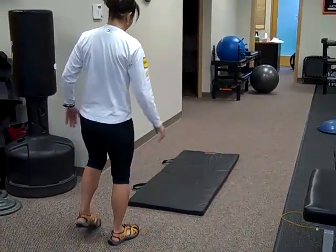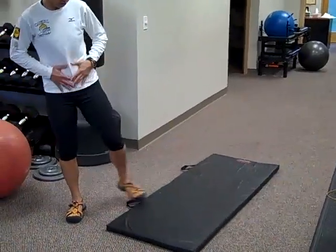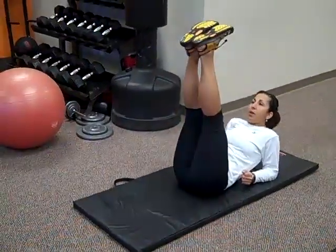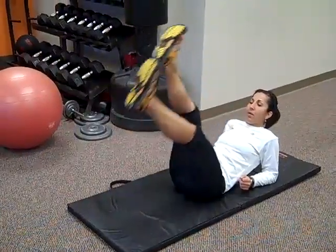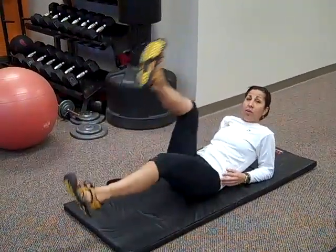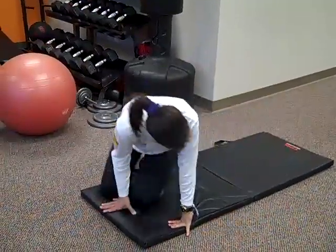Next from there, we're going to come down to the mat. And the first one we're going to do is called scissor kick. So it's going to work all through our belly, get our obliques incorporated in. I want you to come up onto your elbows. Legs are up in the air to start out with. And we're just going to alternate, bringing our legs up and down. And this is the tempo I want. I want you to start out with about 20 or 10 each leg to start out with. So that's going to get our belly nice and warm, which will take us into our next one,